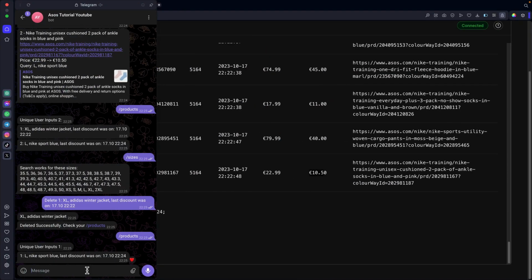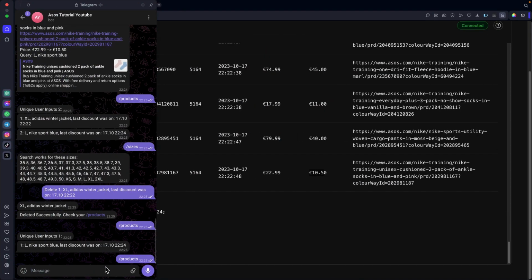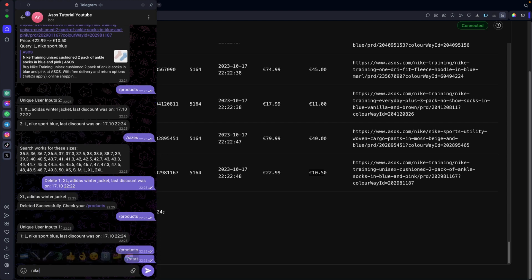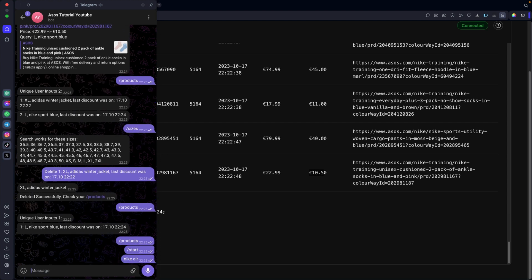And since we stopped running our bot code on our PC, it means that our bot is not gonna work anymore. Possible solutions are to keep your PC running all the time or use virtual servers. Let me show you how you can upload this code to a server and make your bot working 24/7.